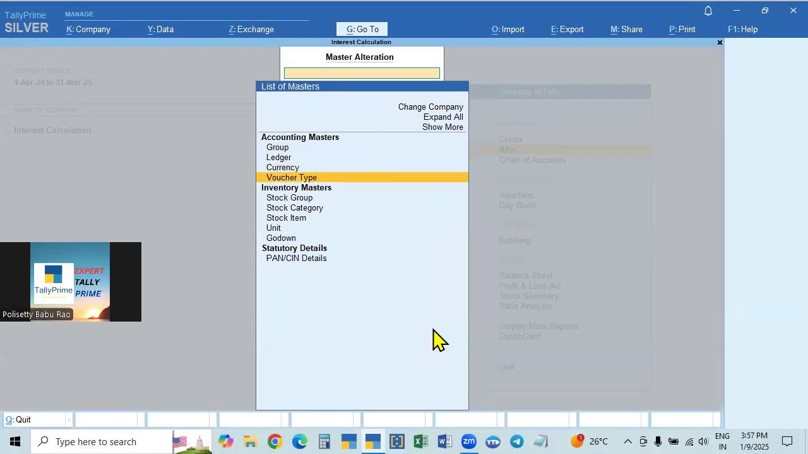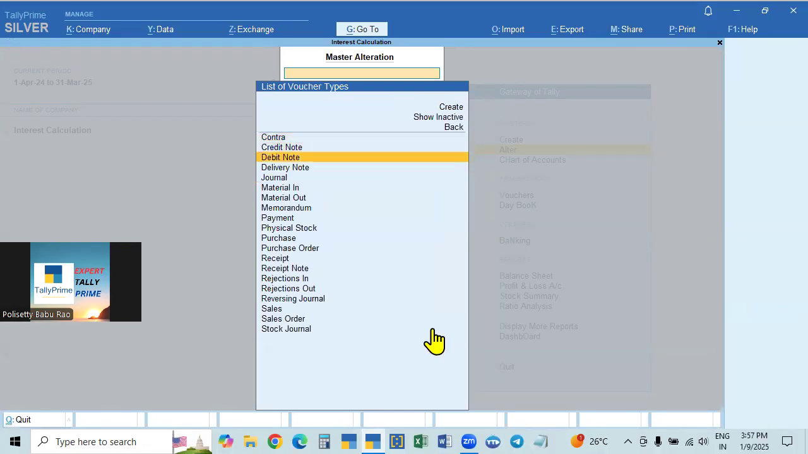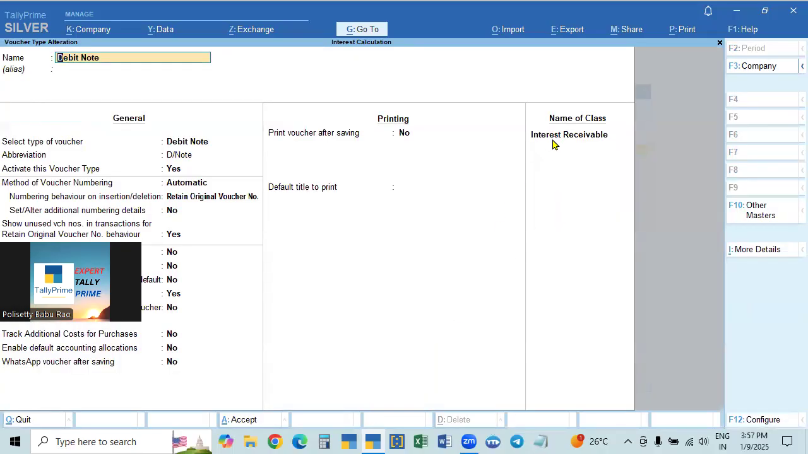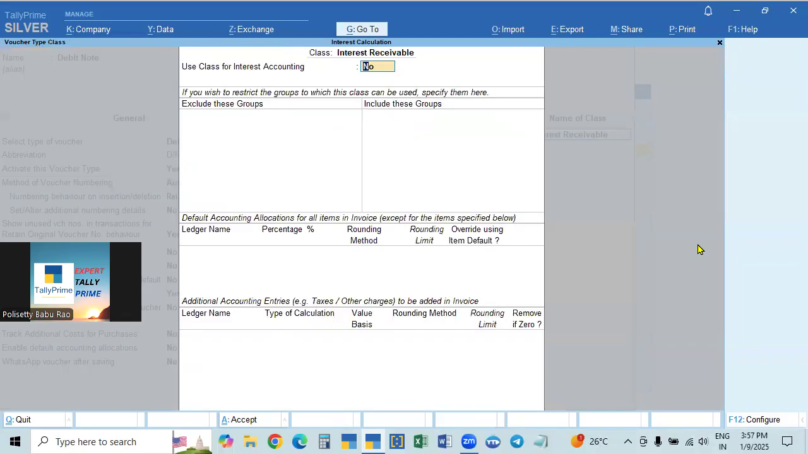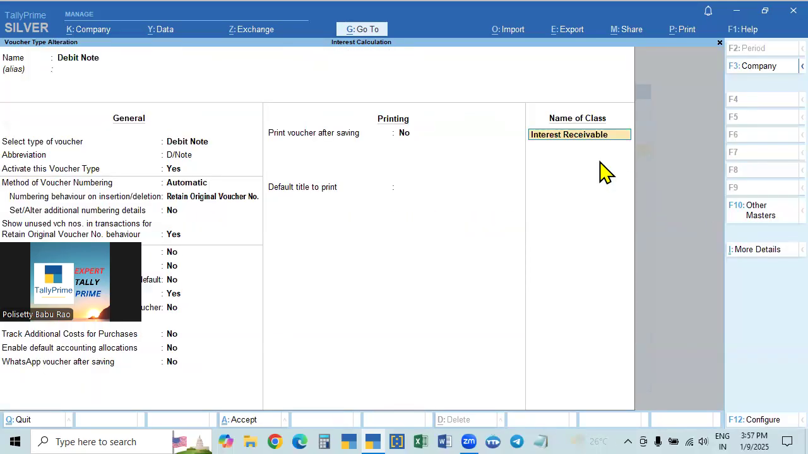We have to create one class in the voucher type. So we require the debit note. In the debit note, that class will not be there. So what we have to do now is create a class for the debit note, because we have to debit the party account, that is, interest receivable. That is the class: interest receivable for the debit note for